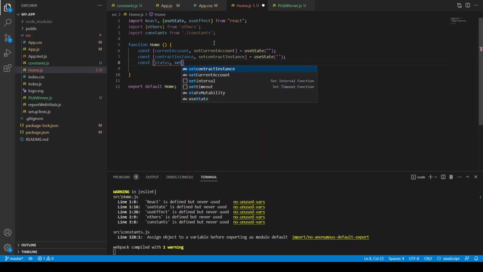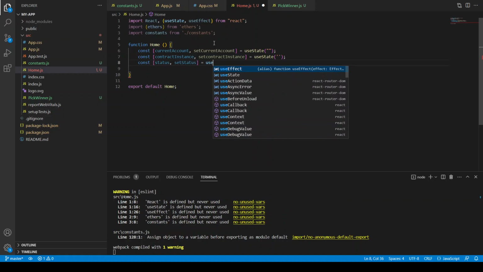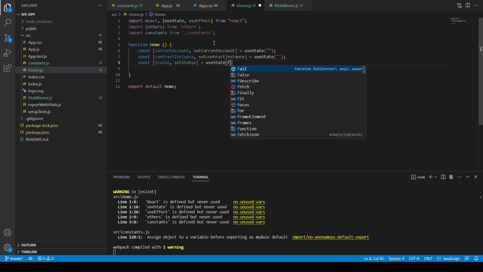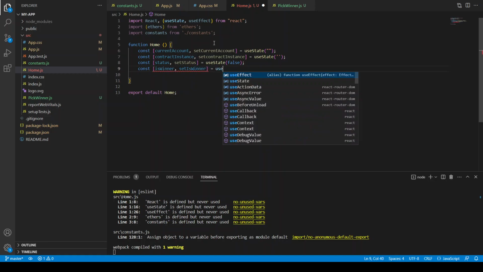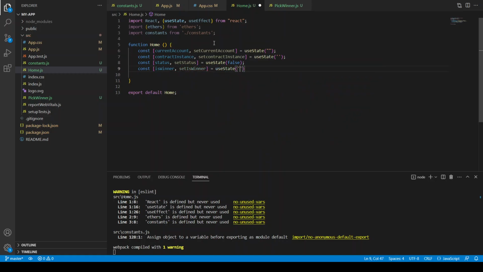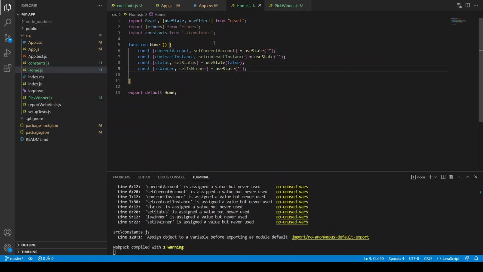Either it's finished or not, and we're gonna use state of, right now it's false because the contract is open, and const isWinner: who is the winner? And we're gonna store the winner address in this. setIsWinner equals to useState. It's gonna be an empty string,